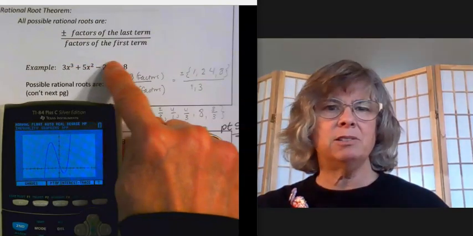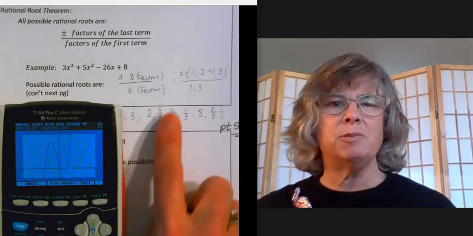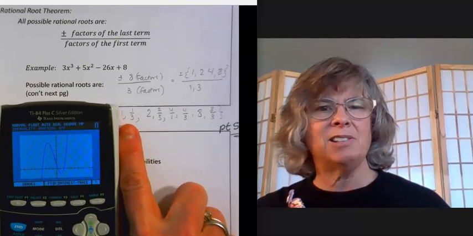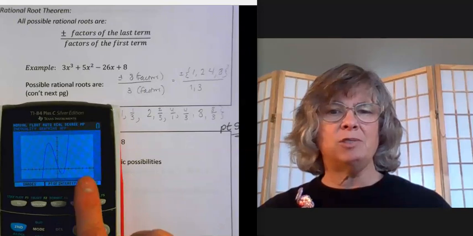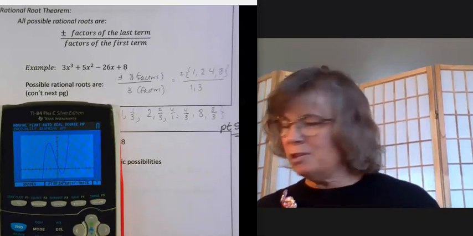Okay, we come up with this using the rational root theorem. We come up with these possibilities, and we've generated this list. There is a one there, and it's all plus or minus. Okay, we graphed it. We had to adjust the windows to get this, and we look at it and we